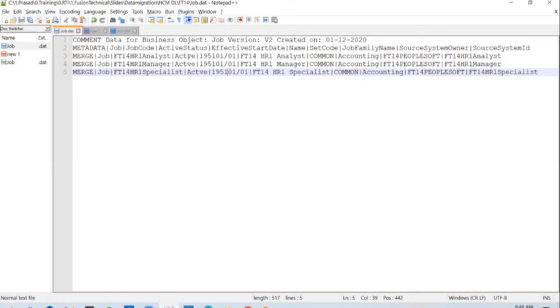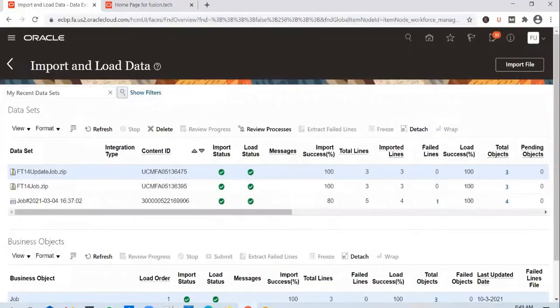What are we trying to do now? We're trying to load 3 jobs again, new jobs with HR1 and list, manager and specialist. And there is a problem with the date format, and there is a problem with the active status as well. This is not a valid status. This is not a valid date. And we have that error on all the records, right? Let's load in this file.